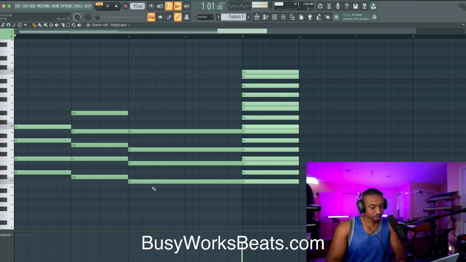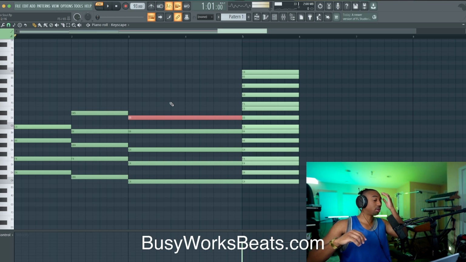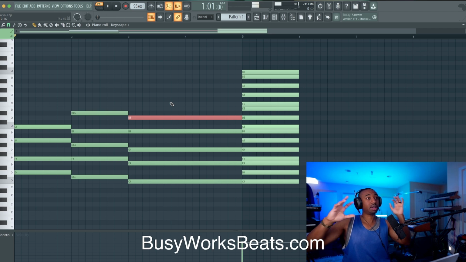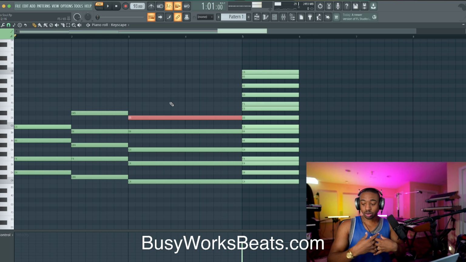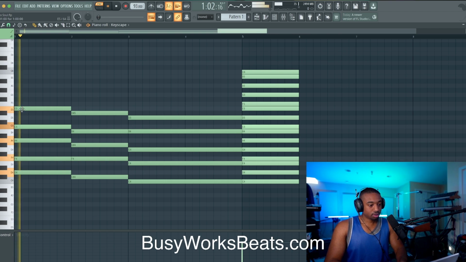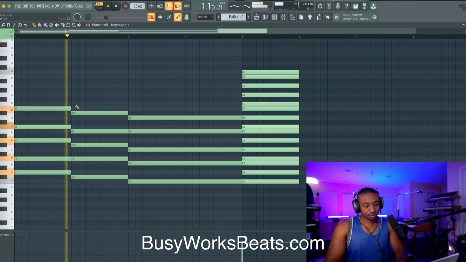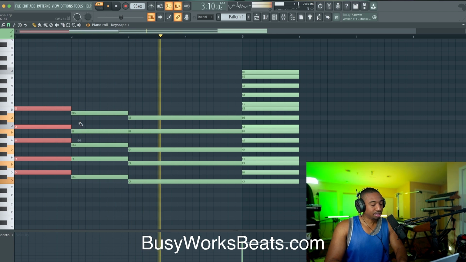Firstly, let's make these chords bigger. It doesn't mean bigger chords always sound better. Sometimes you can make a chord too big and it loses its thing, the same way you can make a chord too small and it doesn't have enough vibe. So let's make these chords bigger. This is D minor ninth. We have a dominant ninth chord, and then we have a C major ninth.